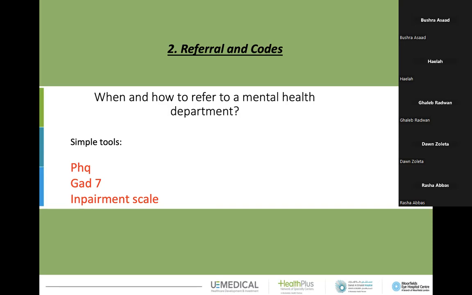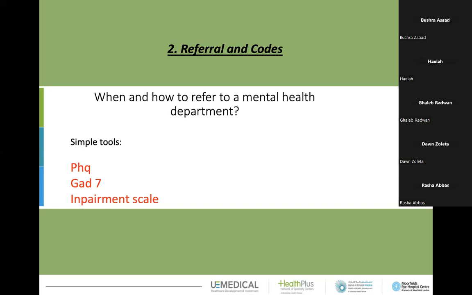The PHQ is a scale that assesses depression and gives us a number, a cutoff. So below or beyond, it's depressed or not. And GAD-7 for the anxiety works in the same way. It will give you a number that will help you to understand if we are in an anxiety disorder or in a depressive disorder. When they are not in these two main categories, but you still have an impairment scale that is above 6, 7, even in that case, you can refer to